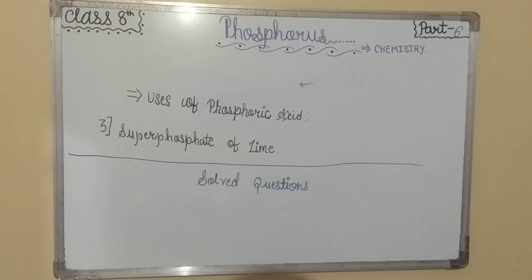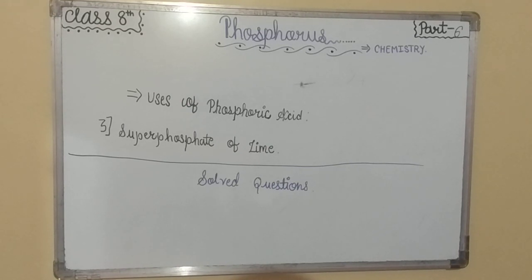Next question is, red phosphorus is denser, less volatile, and chemically less reactive than white phosphorus. Explain. So, answer is red phosphorus exists in chains of P4 tetrahedra linked together, whereas in white phosphorus 4 individual phosphorus atoms are held together by weak van der Waals forces. This makes red phosphorus denser and less reactive.